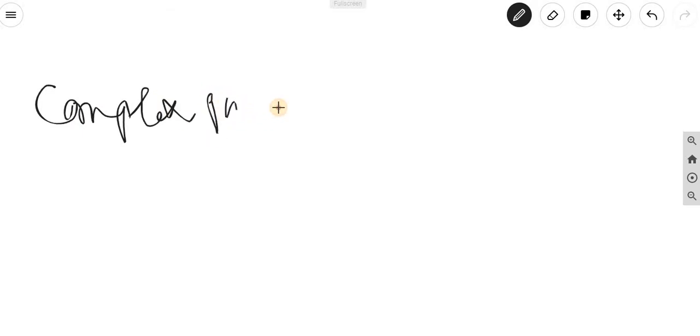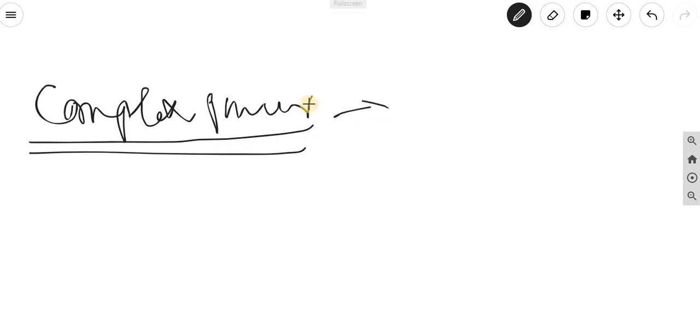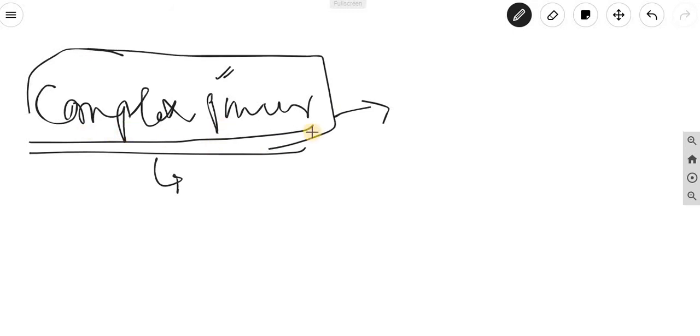One more thing we have to discuss: the complex power. What is the notation of complex power? In power, we have discussed the apparent power, active power and reactive power. This is the mathematical way to express the power. There is a complex part of the power also, known as the complex power.